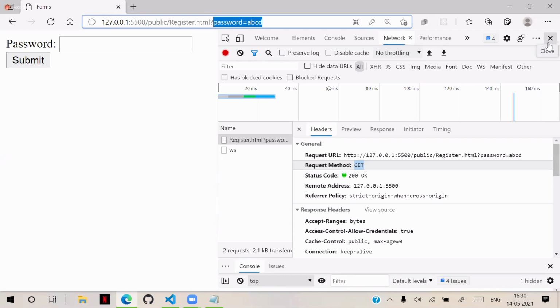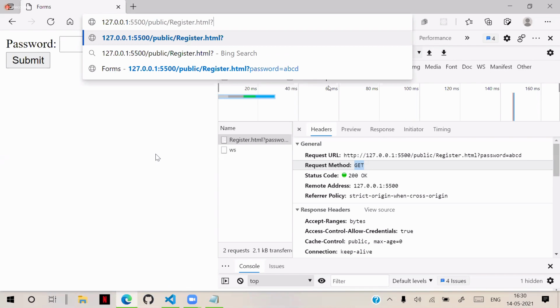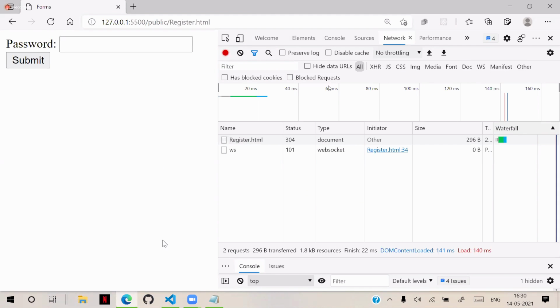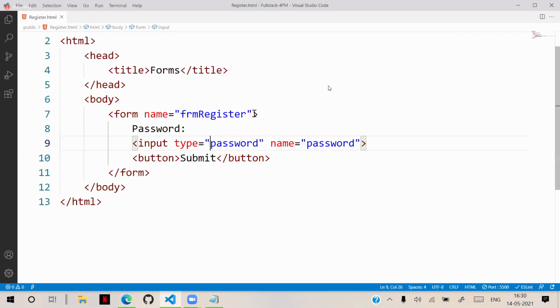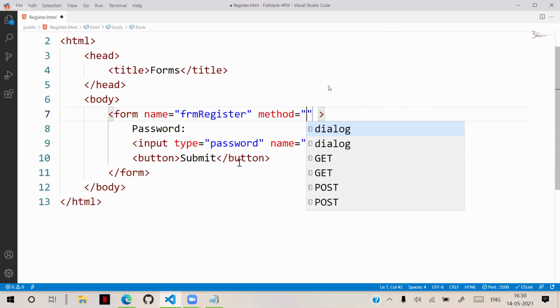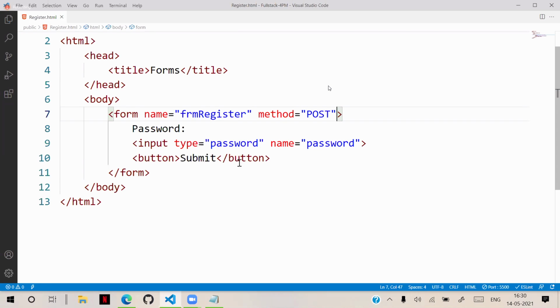So we have to submit data on a POST request. That's important. We need to submit data on a POST request. So we have to define the method. By default, method is GET. We need to define POST. Capitalization doesn't matter. Traditionally we write it in capitals, but you can write small letters, capital letters, anything. So form method POST, and you see, when you post, you have to tell where to post.